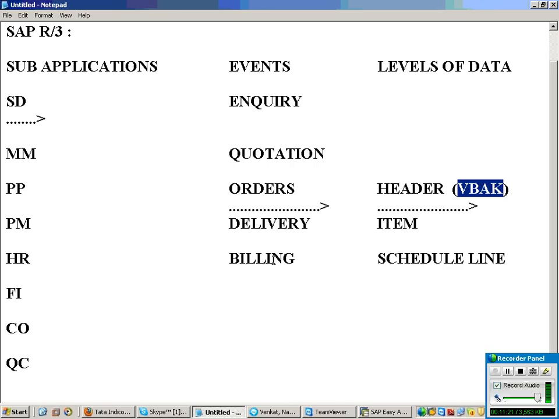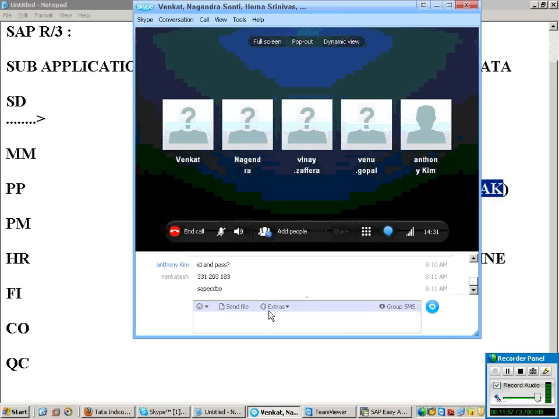So in flat file extraction, you directly create your data source in the BI itself, because that's a file, that's a flat system. I cannot create any structure in the file, so that's why we directly create it in the BI system. But when you are extracting data from R3, first you have to define your data source in your source system, that is R3. From there you replicate it back to your BI system. So a copy of this data source will be found in the BI system. Understand the main difference between flat file extraction and R3 extraction? Any doubts in this particular part?